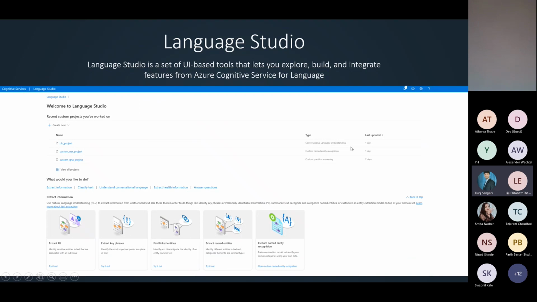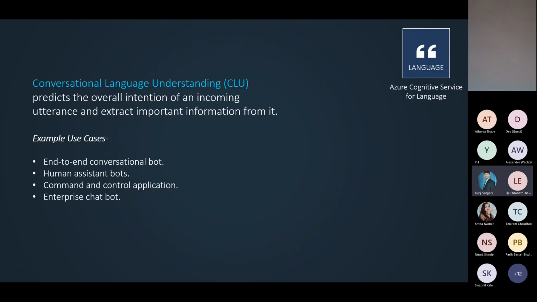So if I go back to my deck here and move on to the next AI service that we want to explore. Again, if you come from a cognitive services background, you might be familiar with a service called LUIS, Language Understanding Service. This is the next generation of LUIS, and it's called CLU, or Conversational Language Understanding. This is interesting because even in a human-to-human interaction, it's a very tricky component to understand the intention or the meaning behind a piece of text.